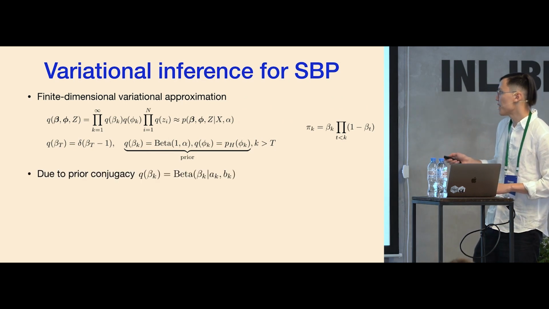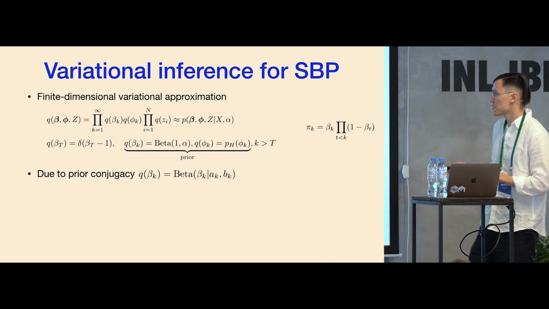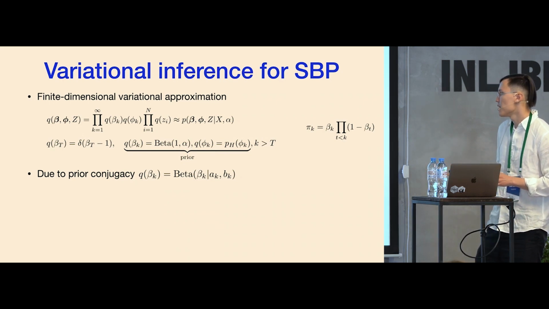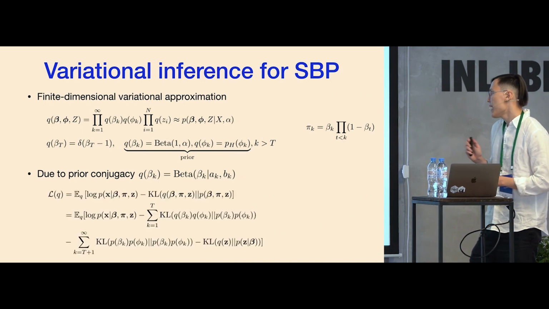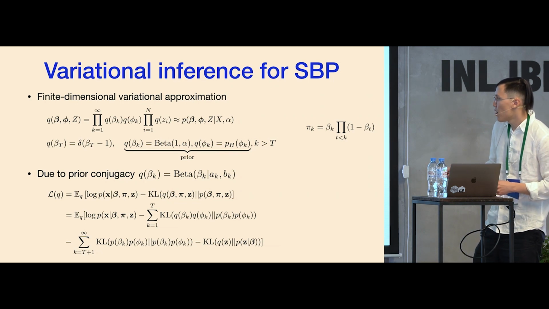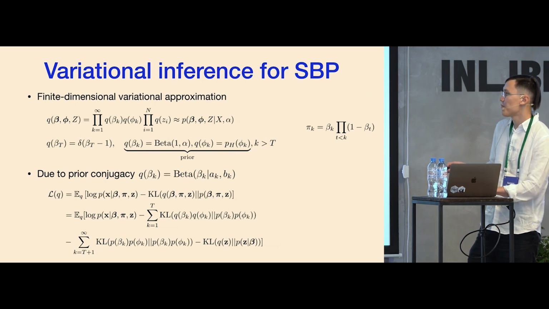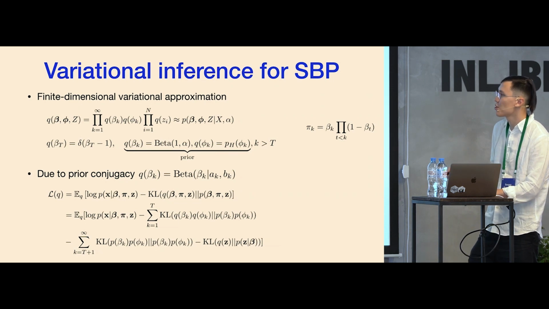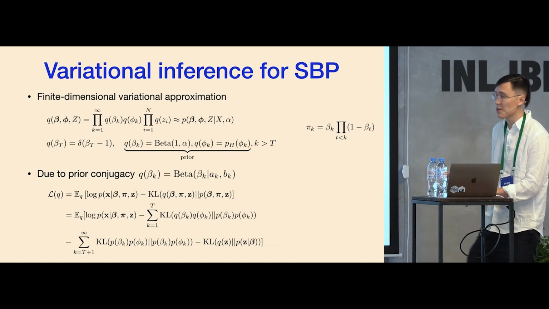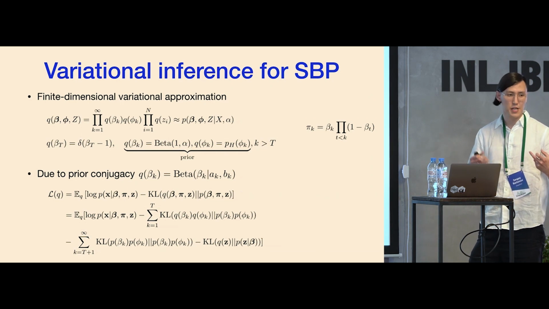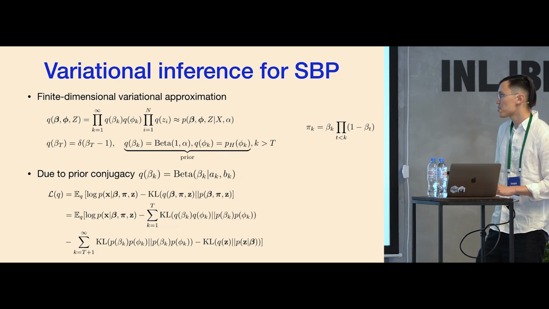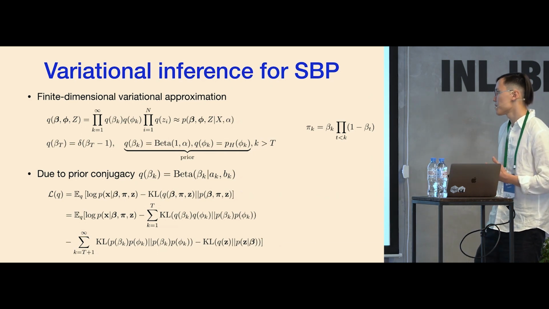If we agree with this, then the first thing we can note is that Q of beta will be a beta distribution thanks to conjugacy. And second, the lower bound decomposes in the following way. First, let's write it as we are used to, as in VAEs, for example: an expectation of the data likelihood minus the KL between your posterior and your prior. Let's try to expand this KL divergence. We can decompose it into two sums. The first sum is from